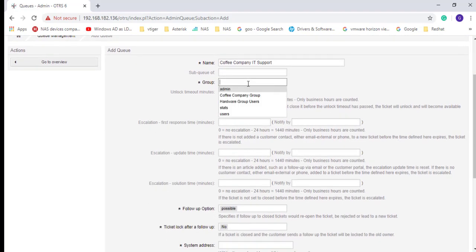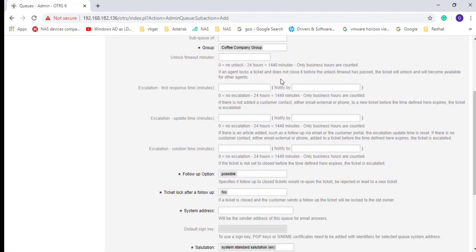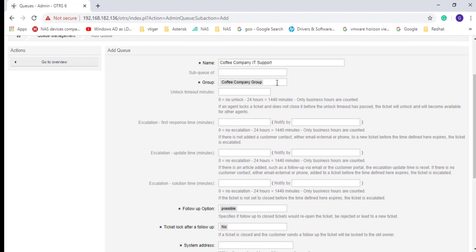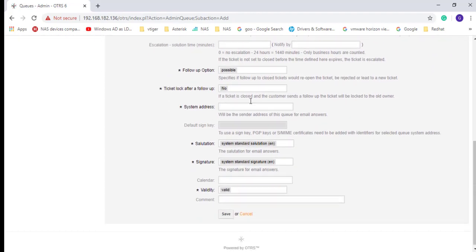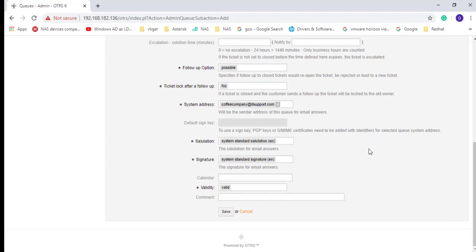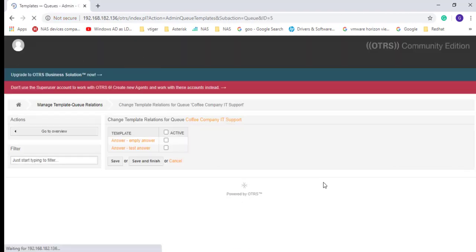Group, let's check the coffee company group. So see friends, that's why I created a group first, so it will be very easy to follow the steps, and without mistakes you can easily configure the system. So ticket follow up possible, system address. So we are done with the system address. So let's select the system address, coffeecompany@itsupport.com, and hit save.